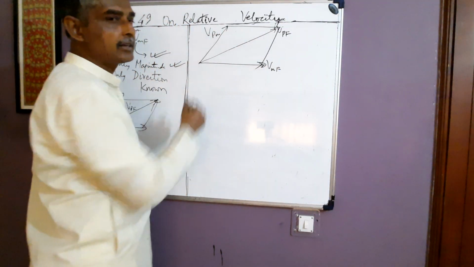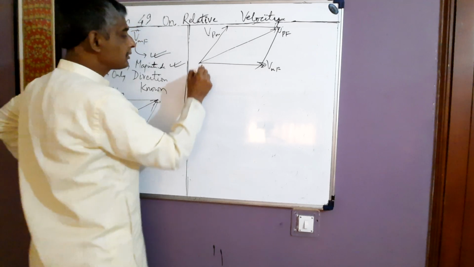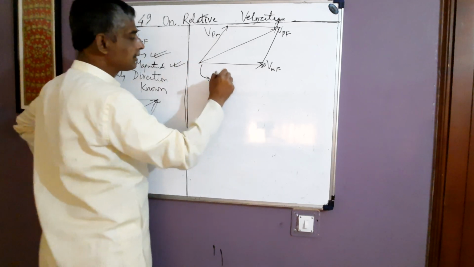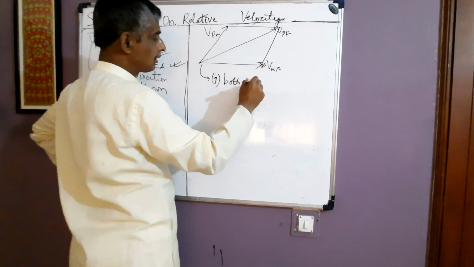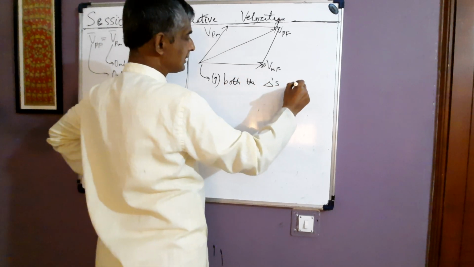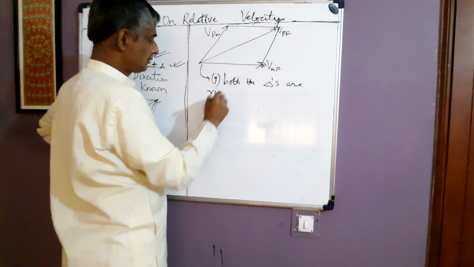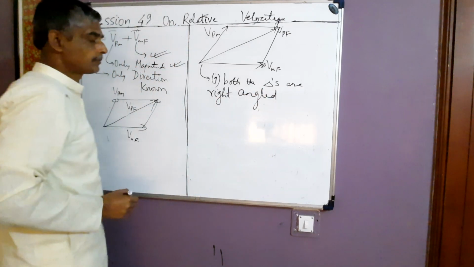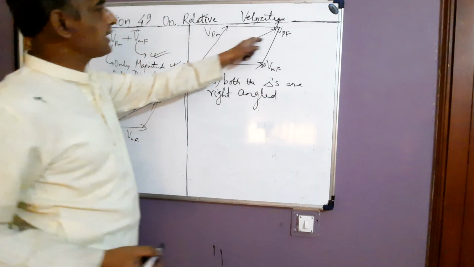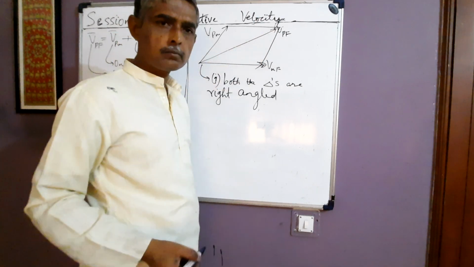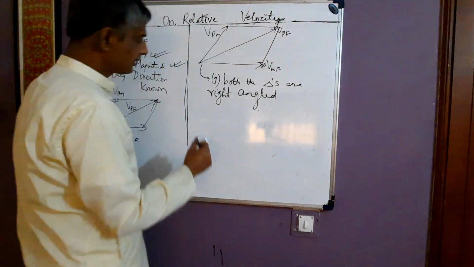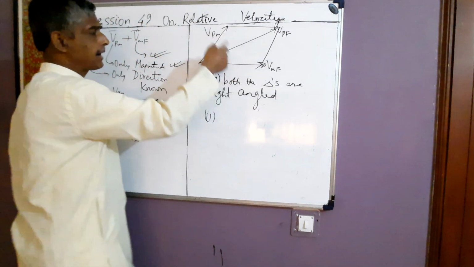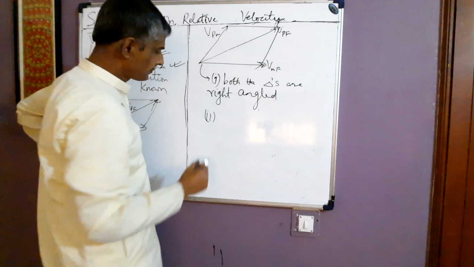So here we get two congruent triangles. Now two subcases arise. One, both the triangles are right angled. In that case, we can find VPF directly by the Pythagoras theorem. So there is no problem at all. But second, if either of these two triangles is not right angled,